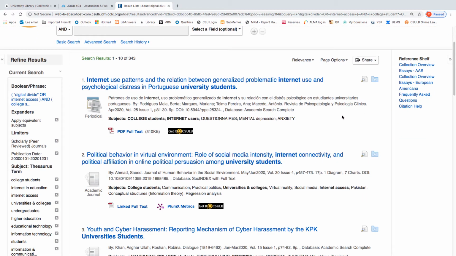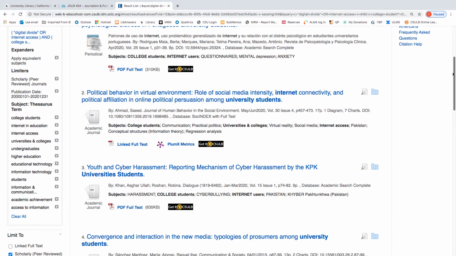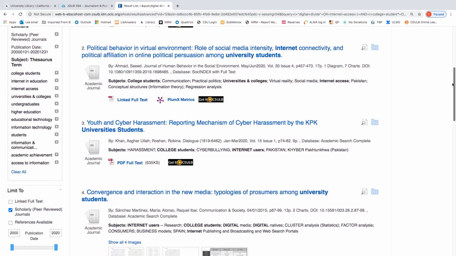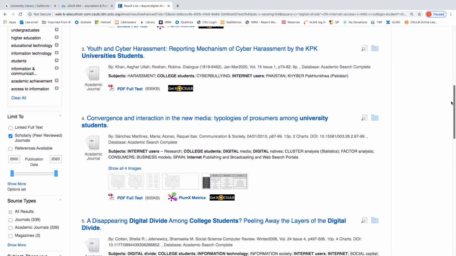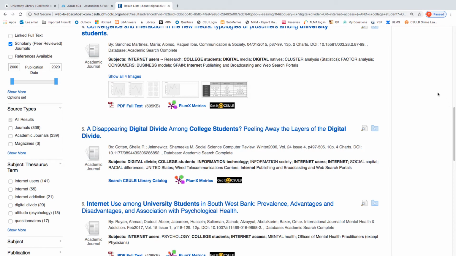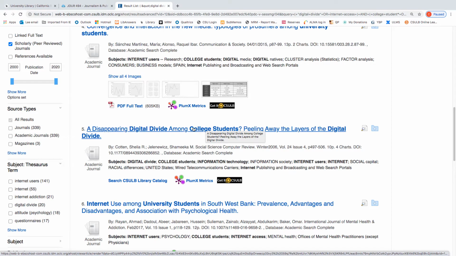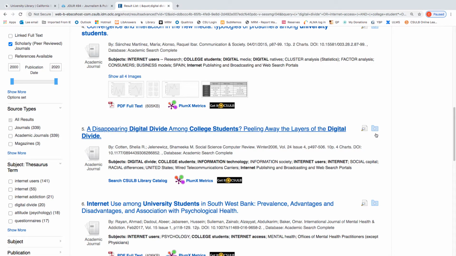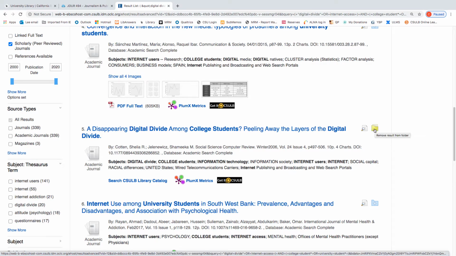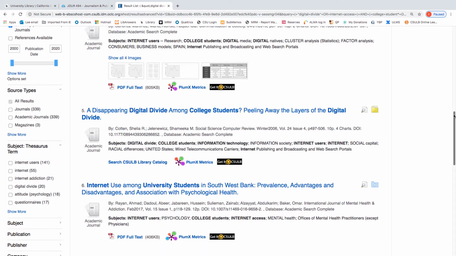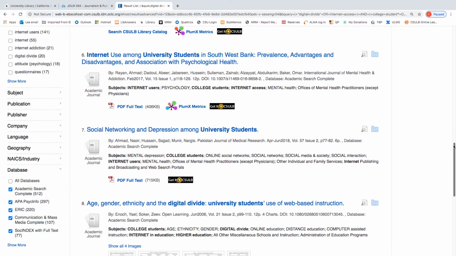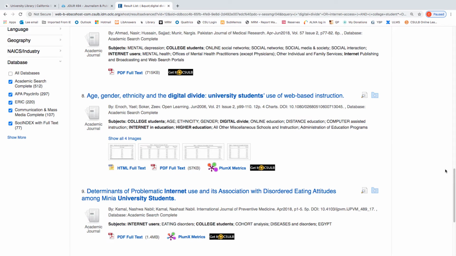And we have 343. So the first is about psychological distress, and that's partly because we have a PsycInfo database. And a lot of this is going to be about social media. Not as much of it is going to be about the digital divide. But here we have an article about the digital divide, and I'm going to put it in this folder over here so that I can send to myself multiple articles at the same time. Probably don't need the one on the West Bank. Here we have something on the digital divide.